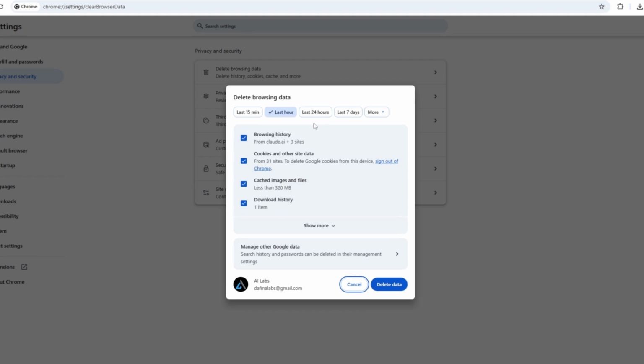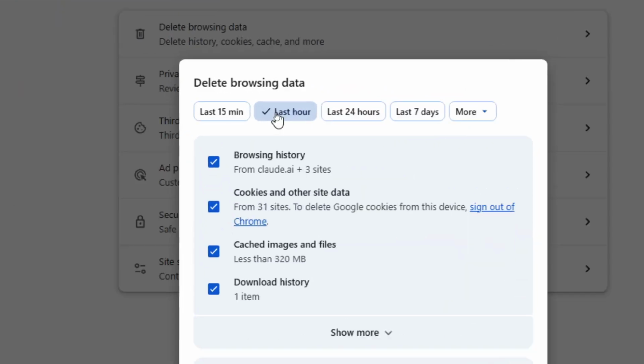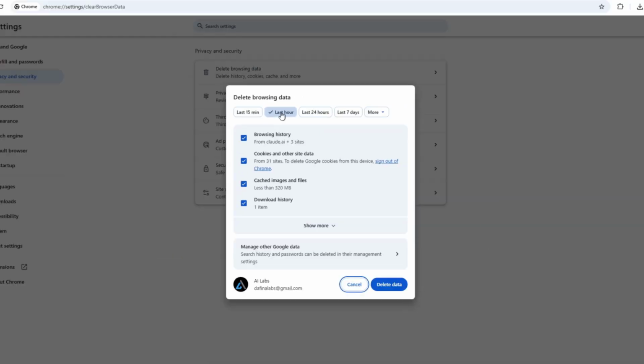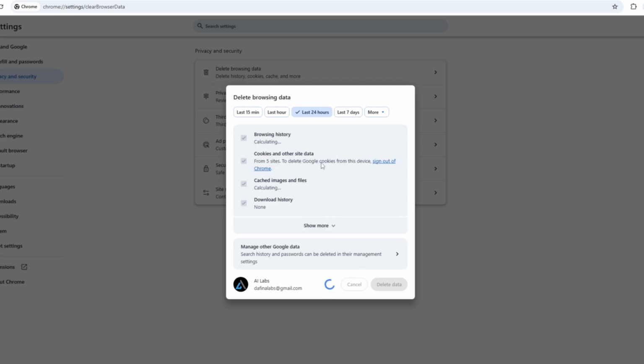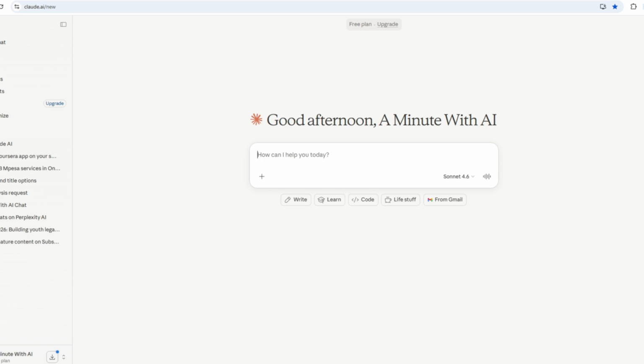So if you click on this, you can confirm this by choosing the period you want to delete. So you can say, I want to delete for the last hour or last 24 hours. Tap on it and then choose delete data, and your browsing data will be cleared. So at this point, now you can open a fresh new tab, then log into your Claude AI, and now